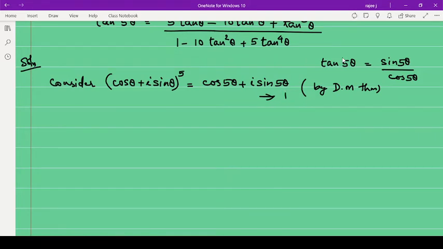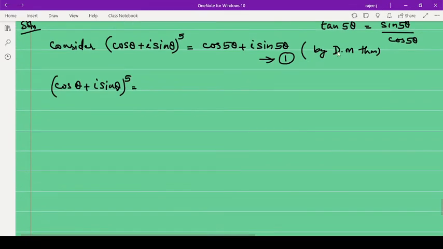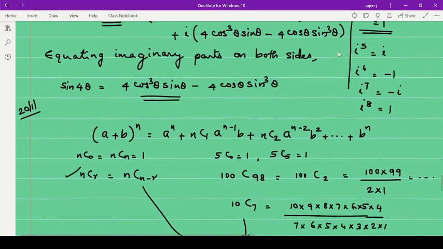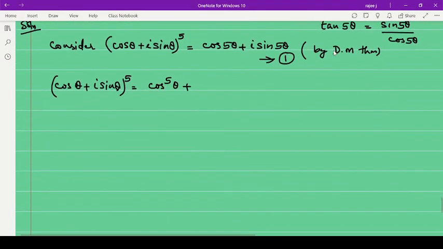Now secondly, using the binomial theorem, we will expand this. So now (cos theta plus i sin theta) raised to 5 is equal to, so either you use the binomial theorem or use Pascal's triangle. Okay, so both you can use. So if I use the binomial theorem, this is cos raised to 5 theta plus